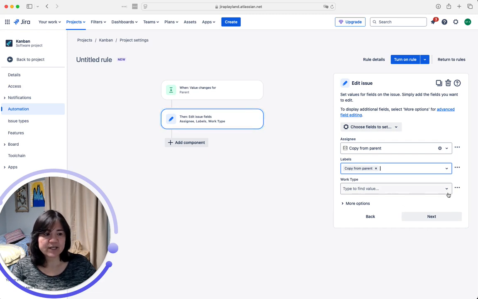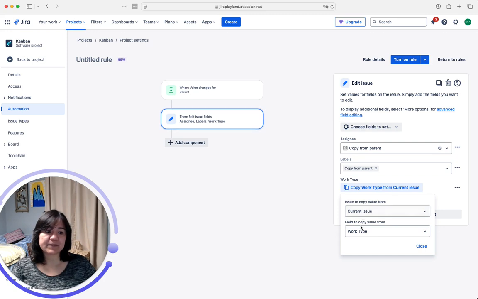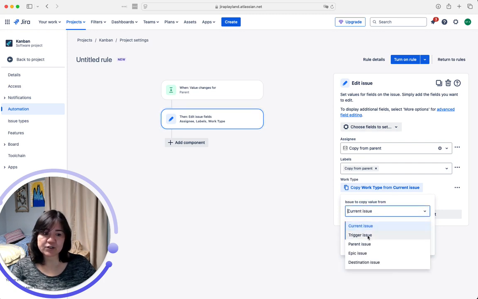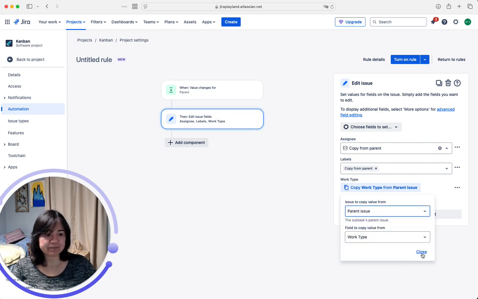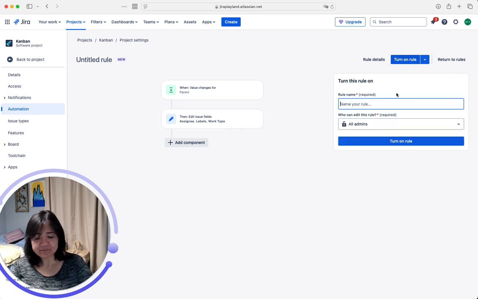And for work type, if I were to just click the drop down, it's going to give me the values in that field, which is not what I want. I want to copy from parent, so I'll hit these three dots and I will say copy. And now it's going to default to copy it from itself, which would be blank because it didn't have anything. So I'm going to now click on it, and then instead of current issue, I will do parent issue, hit close, then turn the rule on,